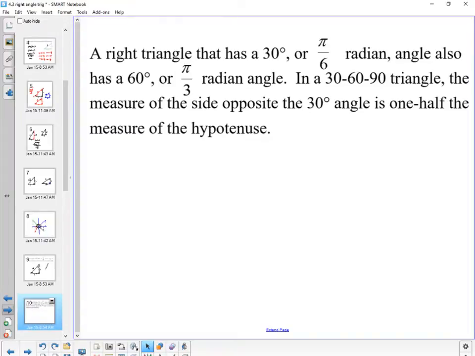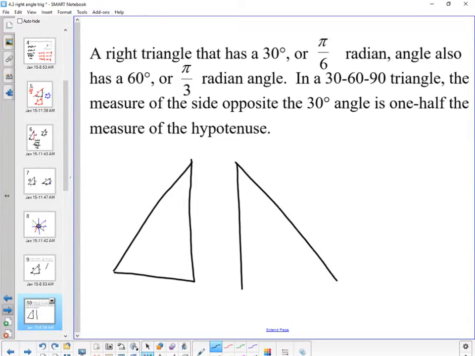You could have drawn this a couple of different ways. It really doesn't matter to me. It doesn't even have to look right, as long as you got the sides the way it's supposed to be. 60 opposite is radical 3, and then 30 opposite